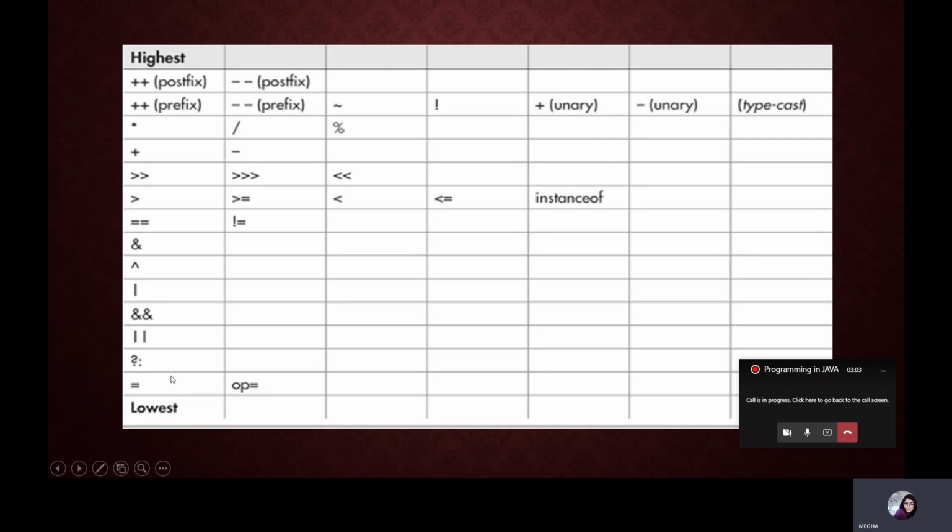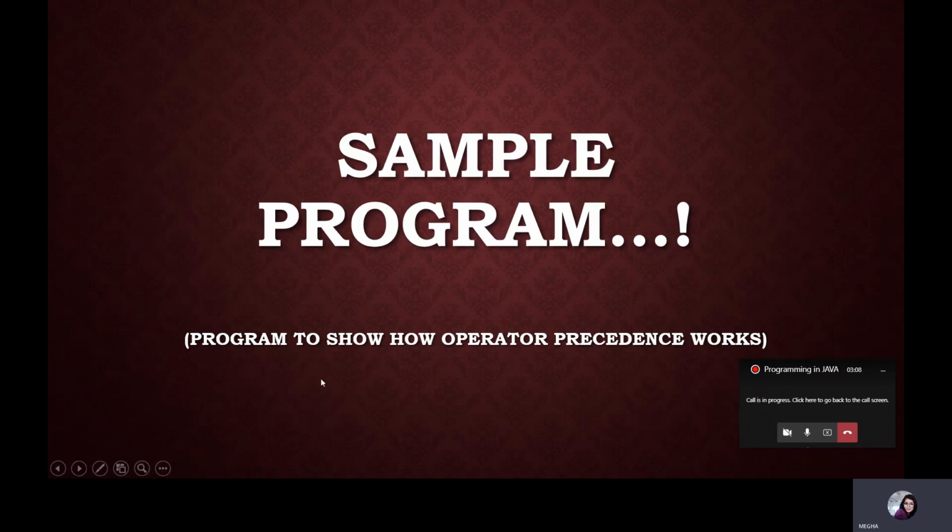Let us see a sample program for operator precedence.